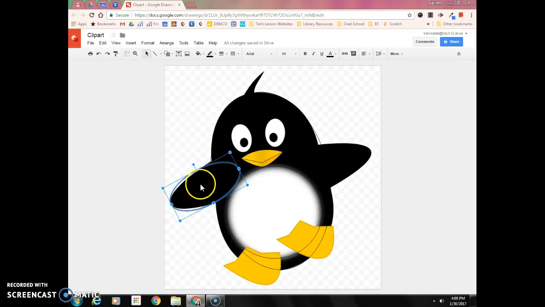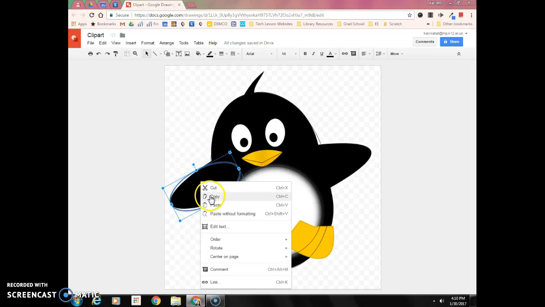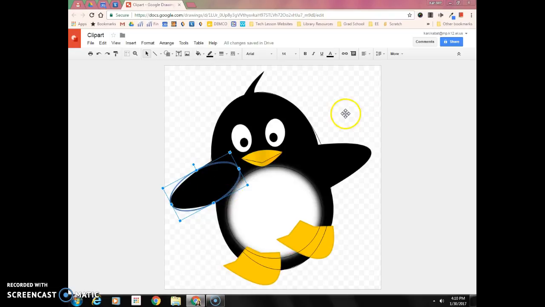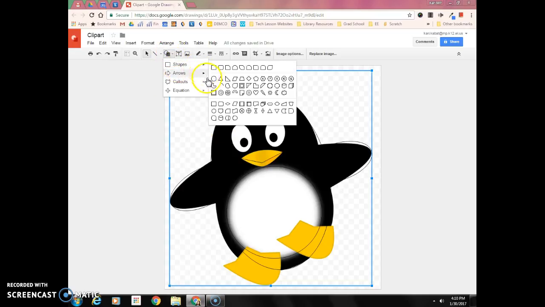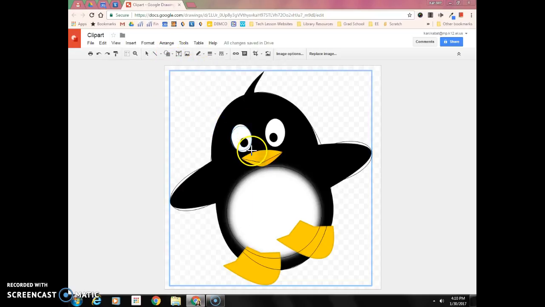Now, since I have one on this side and one on this side, all you're going to do is click on this one, right click it, and copy, click over here and paste. And so now I can drag my other one to the other side, use my rotating tool, squish it a little bit so it's not in the middle of my white circle. Okay, so I have my arms, and again for the eyes,